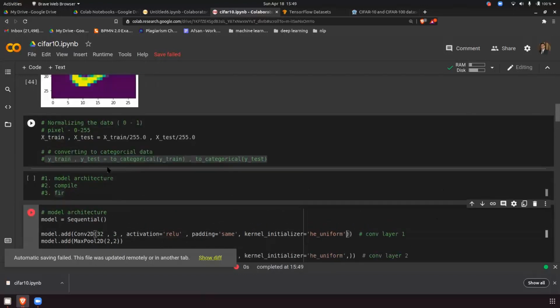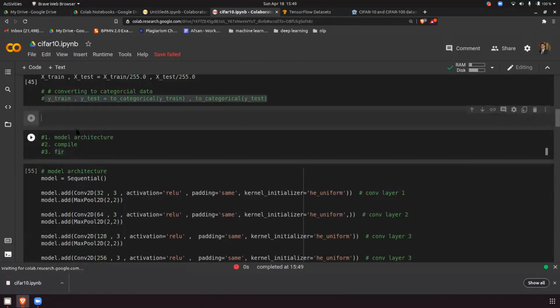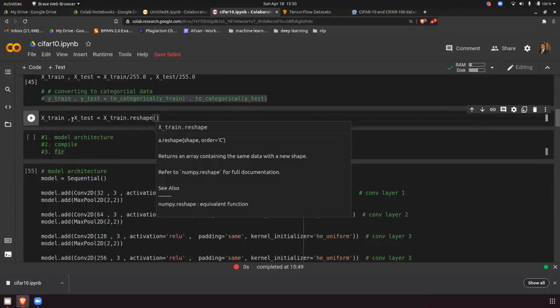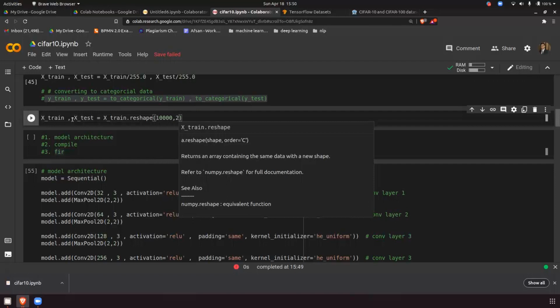So let's try to see what the X train shape is. I will give this as x train equal to x train dot reshape, 10,000 into 28, 28, 1.